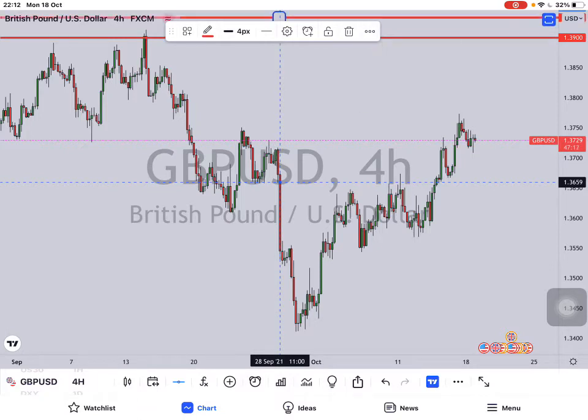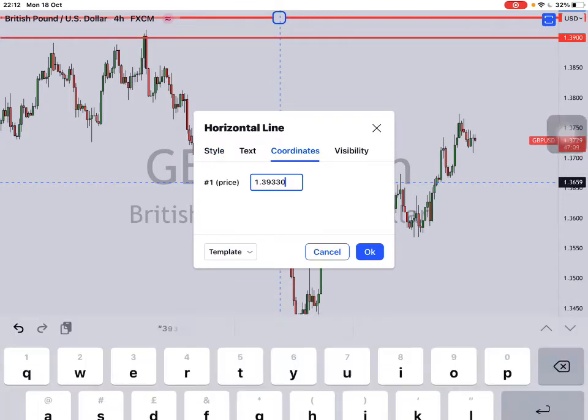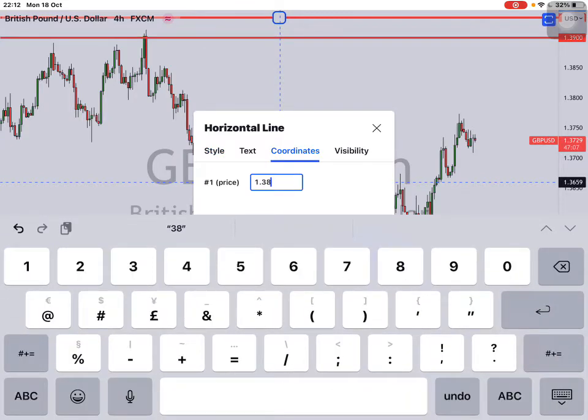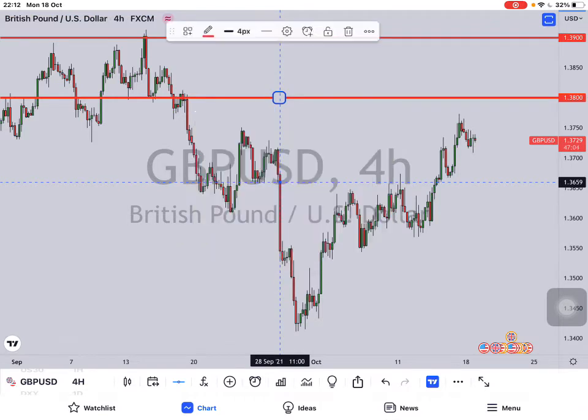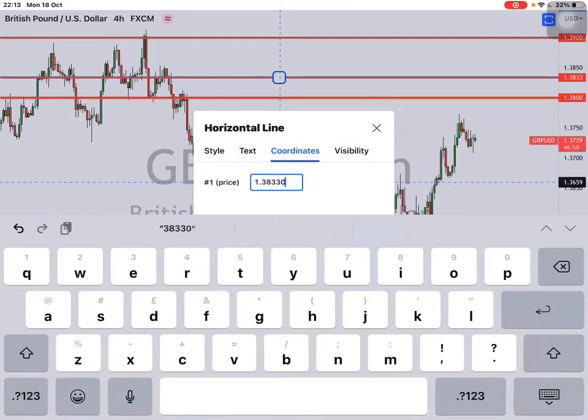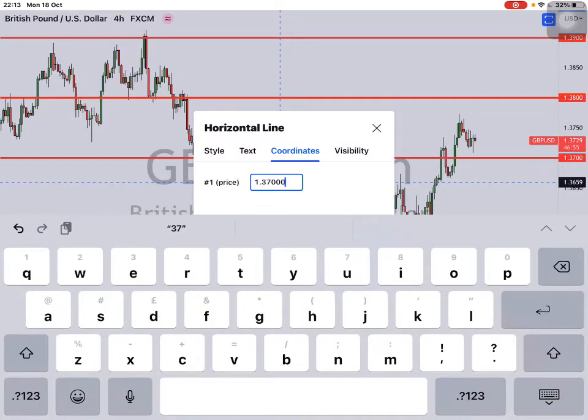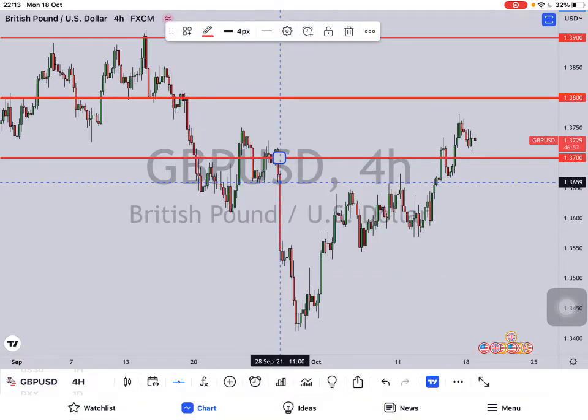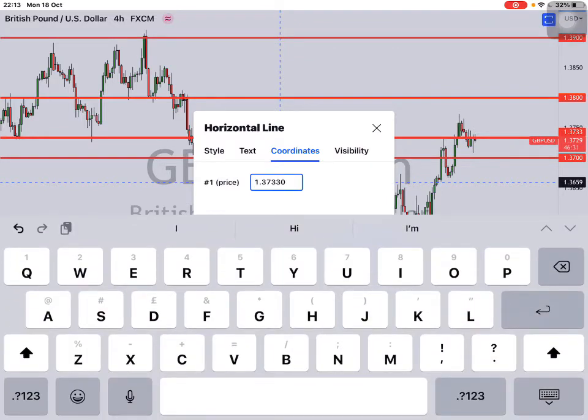So I'm going to put in a couple more, maybe about 4 or 5 more lines. And notice where I'm putting them all at, right? 1.39, 1.38. Can you guess where the next one will be? Exactly, 1.37. So the reason why I'm putting them at these very points is, if you notice, these numbers here that I've put have only 2 digits after the decimal point and are basically whole numbers: 1.3900, 1.3800, 1.3700, and so forth. I'll put in just a couple more, and we're going to go on to the next aspect of